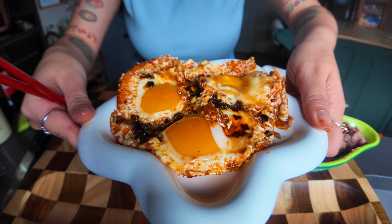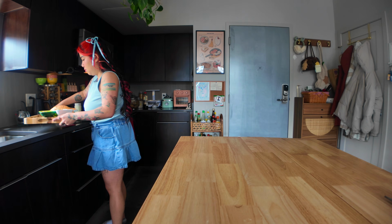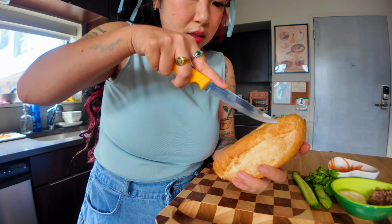This is so exciting. Here are our beautiful eggs. I accidentally cracked one of the yolks, but that's okay. Bánh mì assembly station. She's still nice and toasty. Let me go ahead and just...